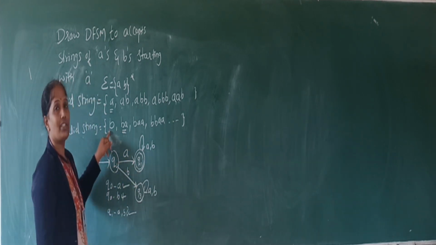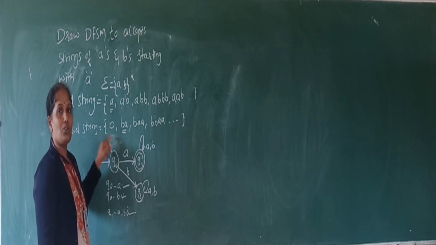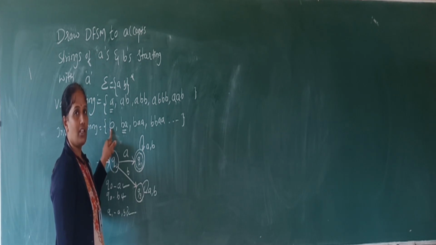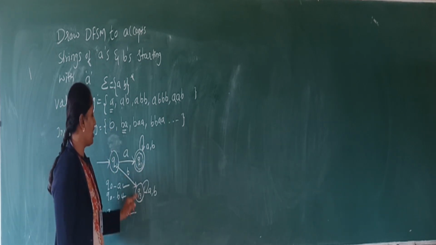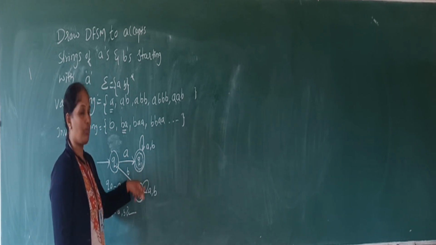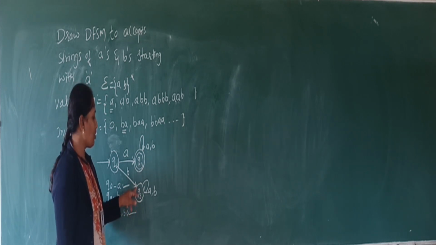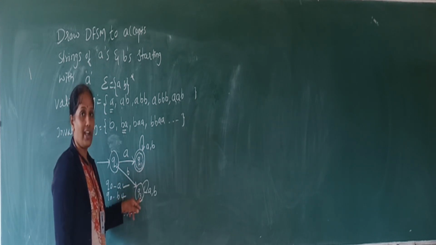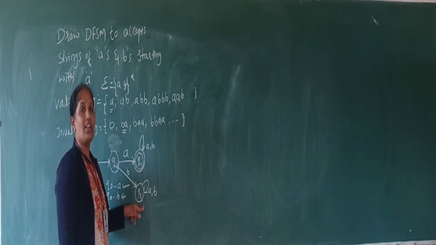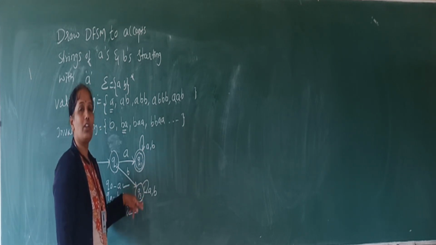Next, check out the strings which are not acceptable. So your DFSM should not accept the invalid string. So check that also. So here B is the first string in the invalid list. So whenever the B comes, it will change the state from Q0 to Q3. And after that, if any A's come or B's come, it will be in the Q3 state only. Q3 is not a final state, so it is an intermediate state, or you can say it is a dead state in this case. So whenever the B comes at the start, that will be moved indefinitely to the dead state. So it will be here for all the strings which start with the B.